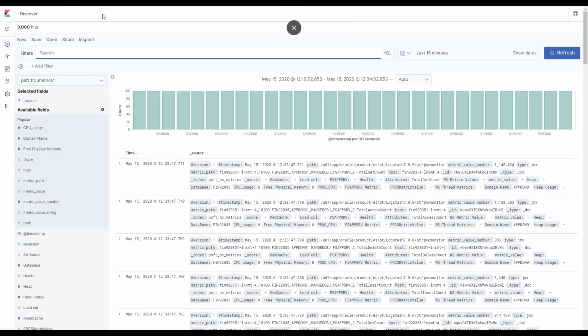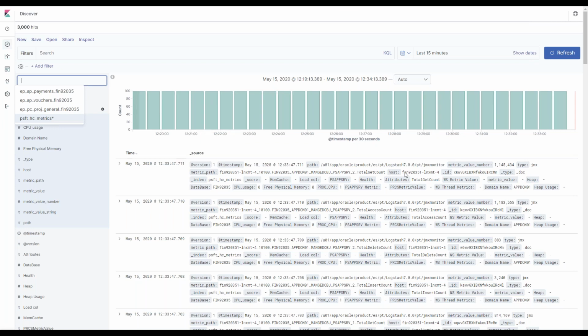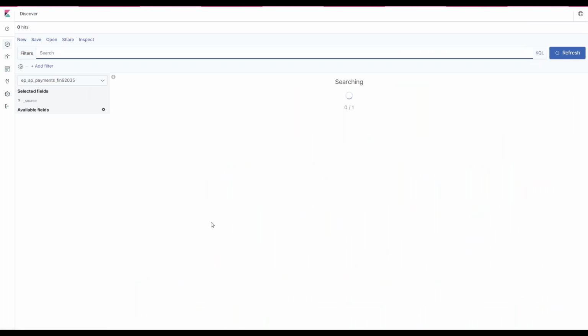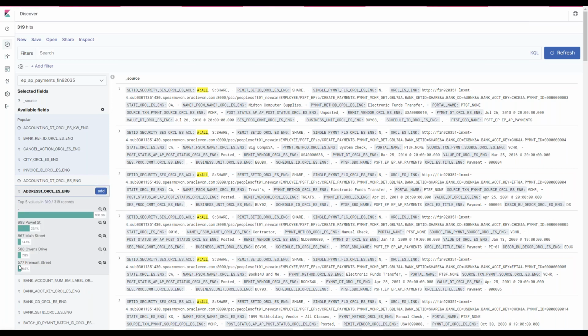Over here, what I'm navigating through is what's called the Discover page. This is a way to quickly visualize your data, similar to a query, but it's all right here. I'm focusing today on the AP payments, so I'll click that, and this is the full data set. Down here on the left, I can click on these and get some of the biggest hits. This being a demo data set, we have a lot of dashes, but we do have a few addresses here as well.